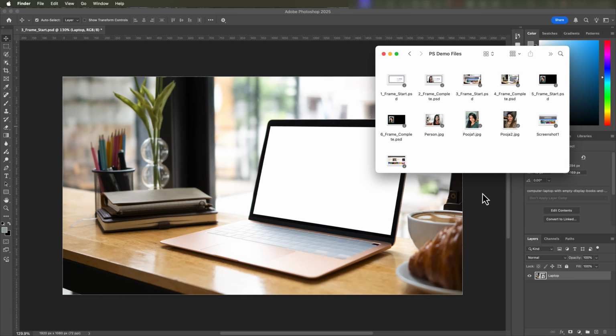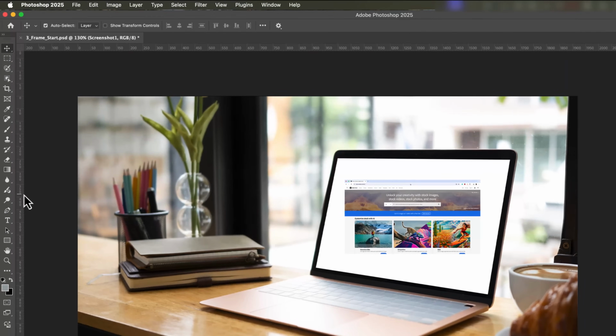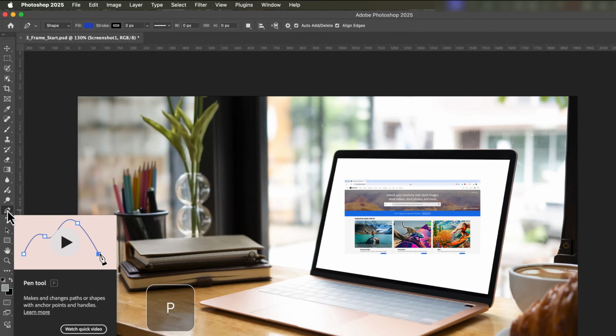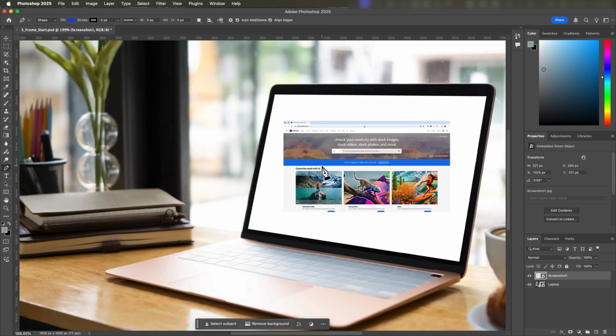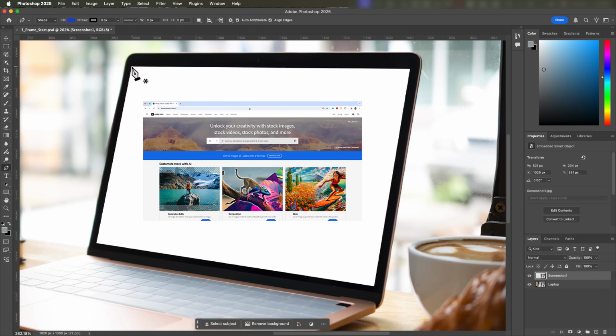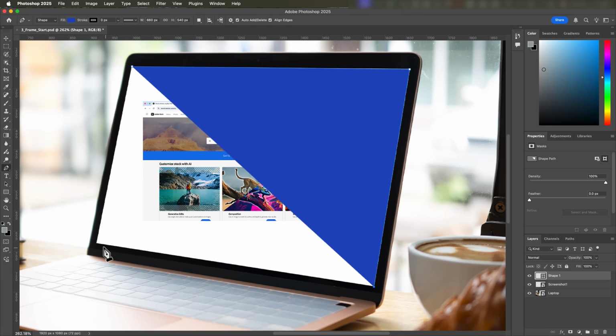Now let's tackle a more challenging scenario. Fitting a screenshot into a laptop screen that's at an angle. First, I'll add my screenshot and size it down. To handle the perspective, I'll grab the Pen tool or just press the P key and set it to Shape mode. I'll carefully trace the laptop screen by clicking at each corner to create a custom shape that matches the